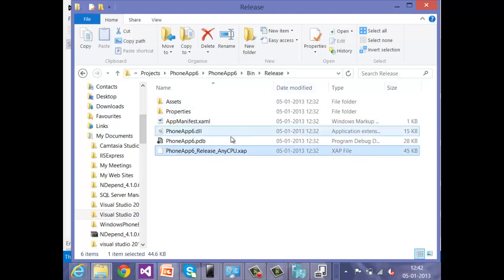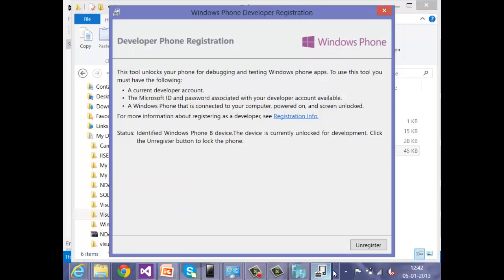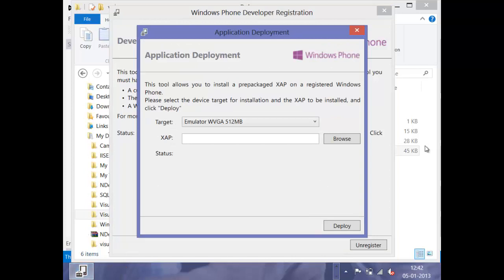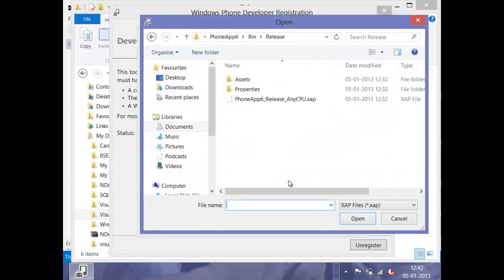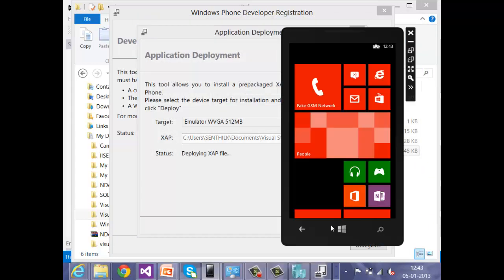XAP is just a zipped file. When you unzip the file, you get the list of files that you have used in your project. All I need is to upload this file to the emulator or a device. So I say deploy.